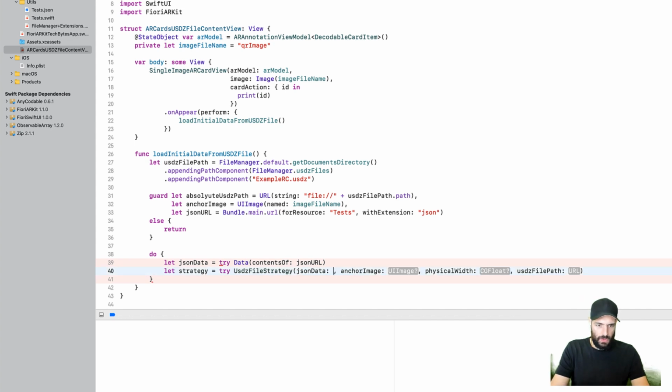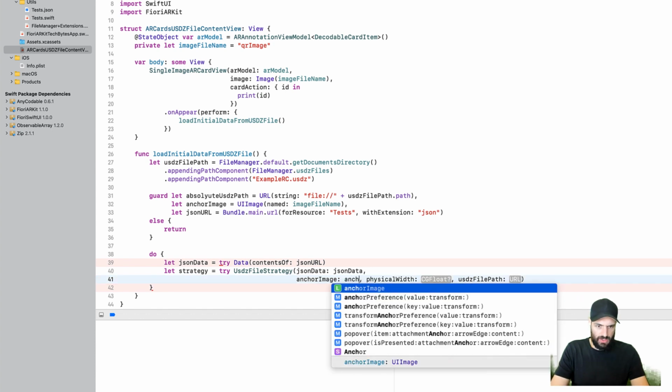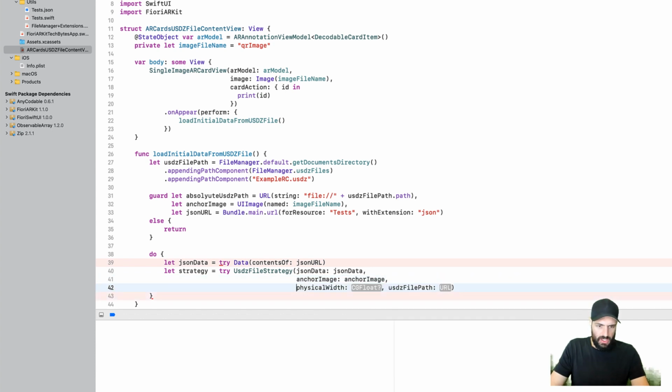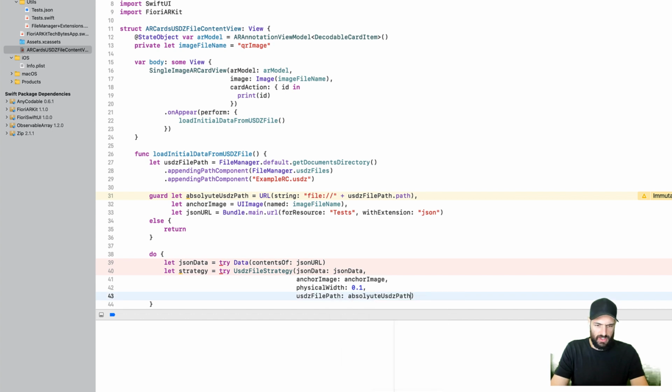Let's go. So JSON data, simple, it's our JSON data. Anchor image, again, pretty simple. We just use our initialized anchor image. Physical width, you just gotta play around with these values here, but I just go with 0.1. And the file path for the USD set is the absolute USD set path. And with that, we got our file